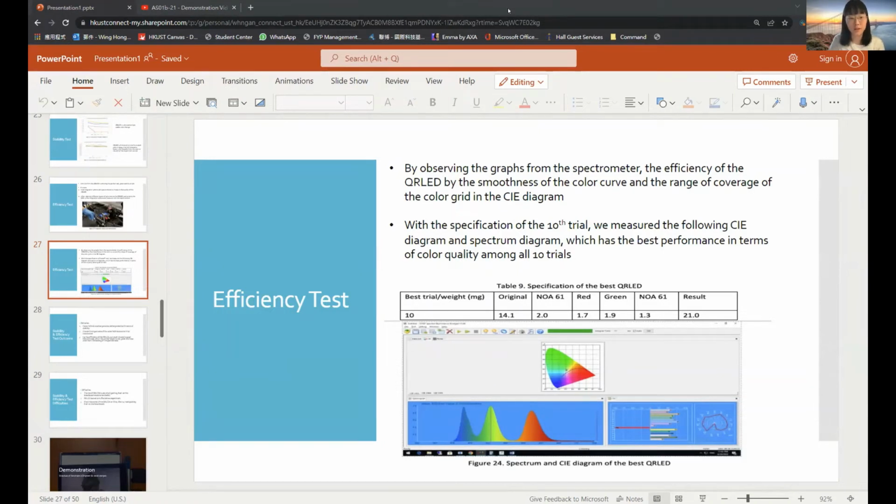Yeah, and you can also check a question raised by Professor Choi. Hi, why is the green QR coated over the red QR and not the other way around? Let me try to explain. It's because